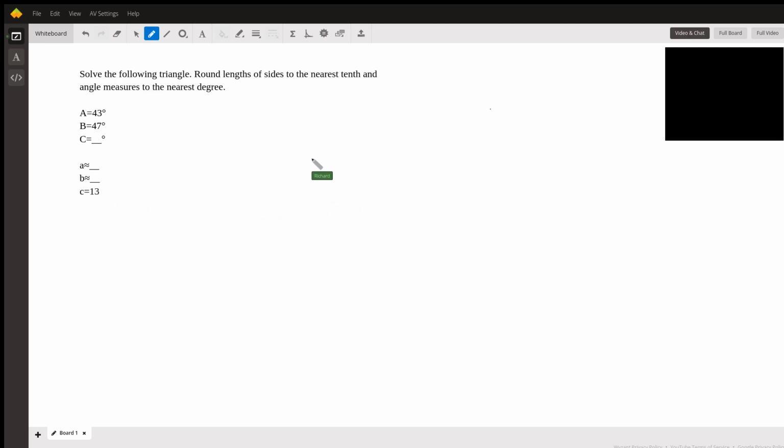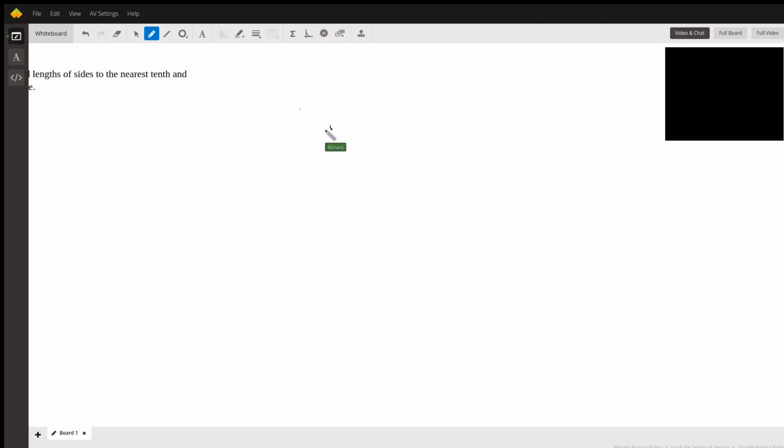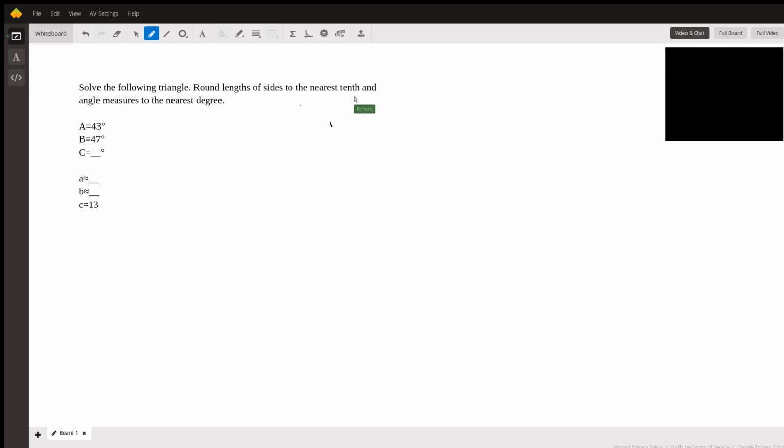But I have a feeling that C is a 90-degree angle. So let's just take a look and verify that. Because if it is, we can just use SOHCAHTOA. So that's just a good thing to remember. If you're dealing with a right triangle, use SOHCAHTOA, Pythagorean theorem, and so on. You don't have to use law of sines, law of cosines, but I think this is a right triangle because